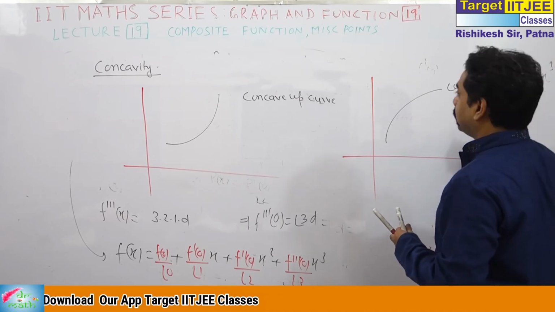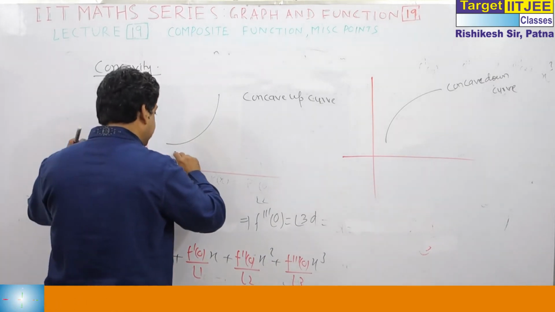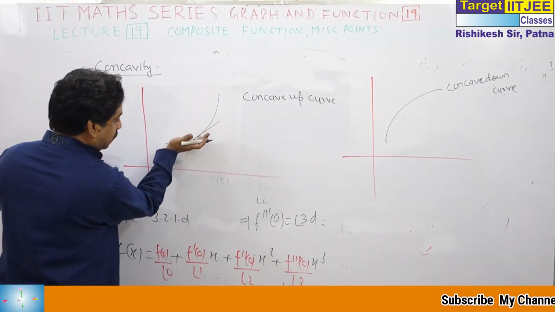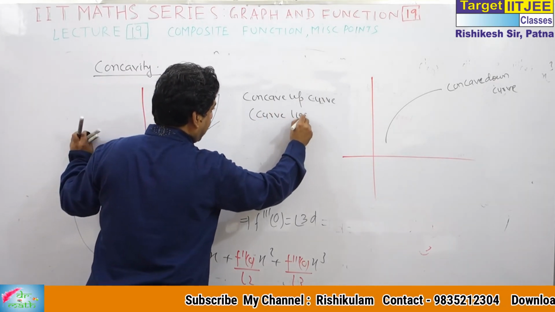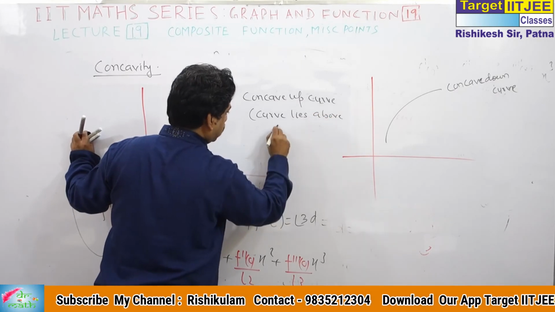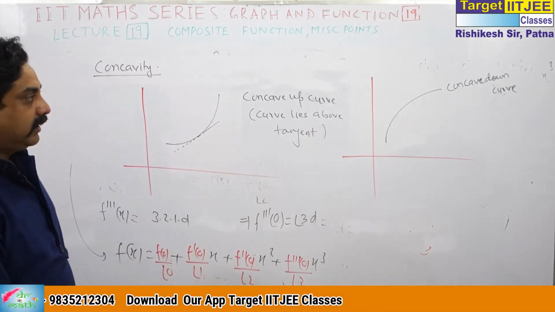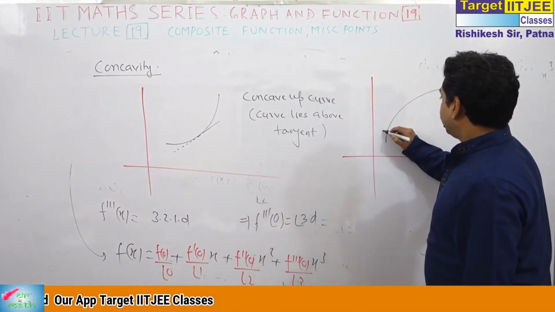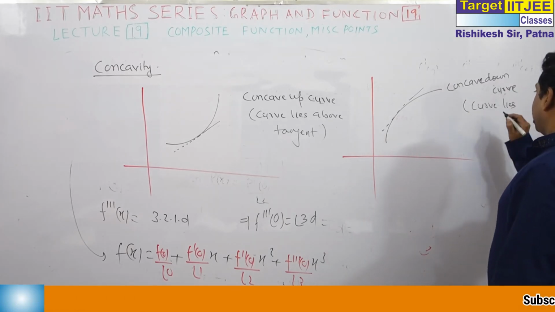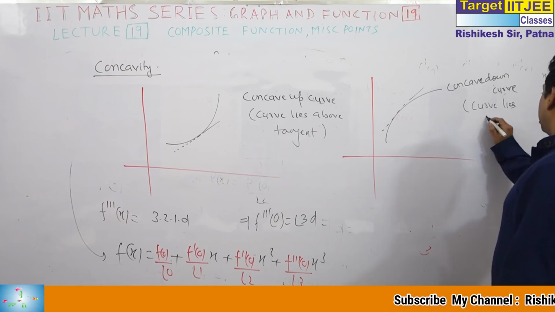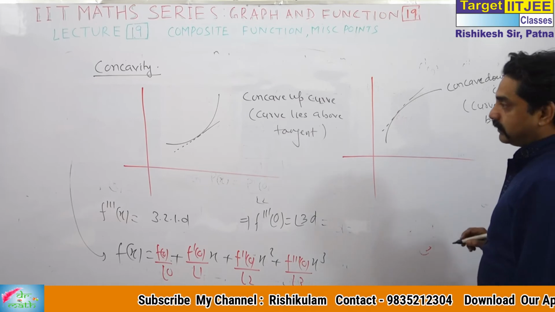You know increasing, decreasing, but what do concave up and concave down mean? Actually, when we draw a tangent, this curve lies above the tangent. I am writing in short. I will do this in a class in AOD. And the other curve lies below the tangent, the tangent at any point. This is my point.